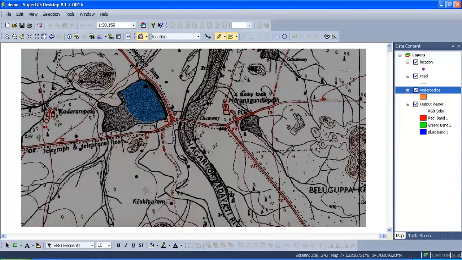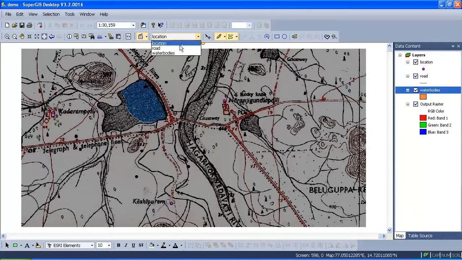Click this. Now digitize the point data. So this is one location, second, third. Now there are three locations on this map. We'll save this. Now the first layer is done.